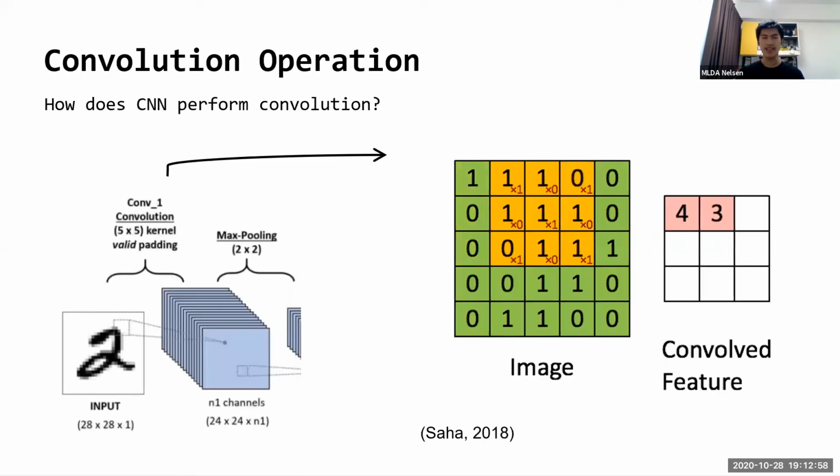So a refresher, convolutional operation. In CNN, as the name suggests, we need to perform convolution. And this is a brief animation of how convolution works. Yep, this is the animation of how convolution works. And we can kind of see in the left, there are convolution and max pooling. So if you guys